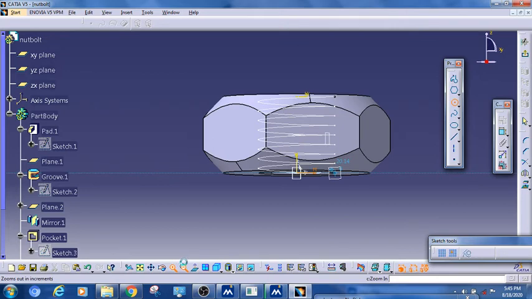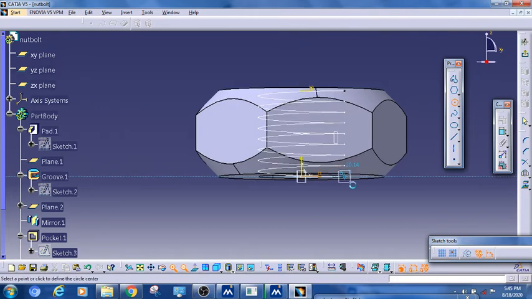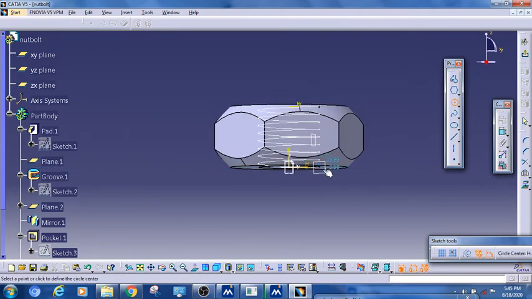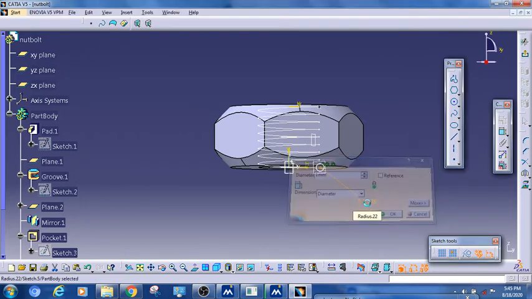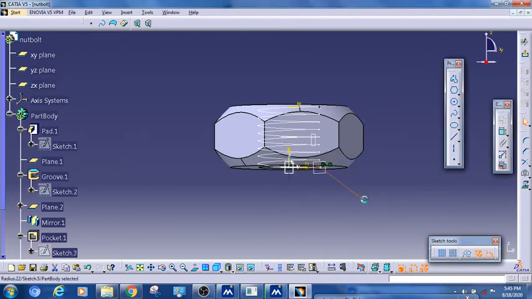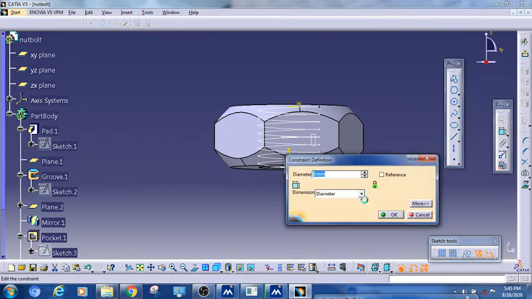You can zoom and select. The pitch distance we have given is 4, so this circle diameter should be less than 4. Here I will give 1. 1 is too small, so I'll give 2.